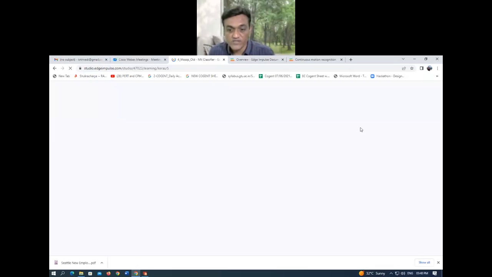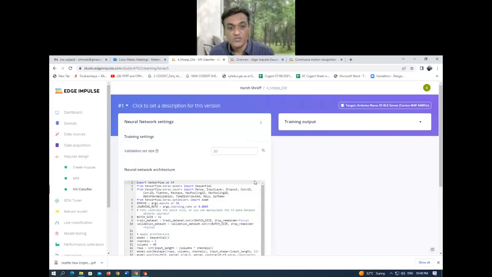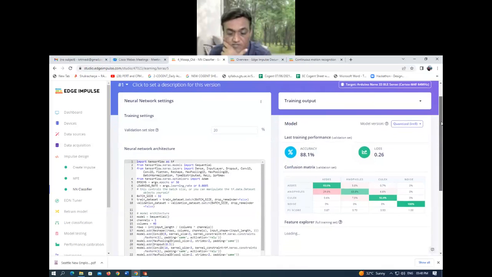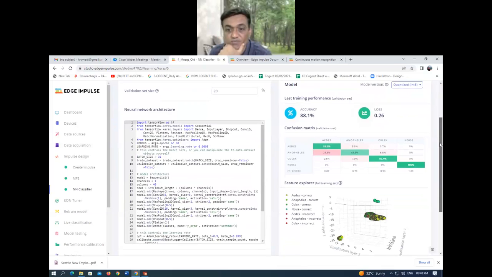Now the thing is, as you move on to the implementation part, or maybe you have trained your model, you have got some very good accuracy. Now the problem is that sometimes you deploy, everything is good, you are getting very good accuracy, but when you implement it on hardware, you are not getting anything. It is not working at all. What can be the reason? Now the question is all about identifying